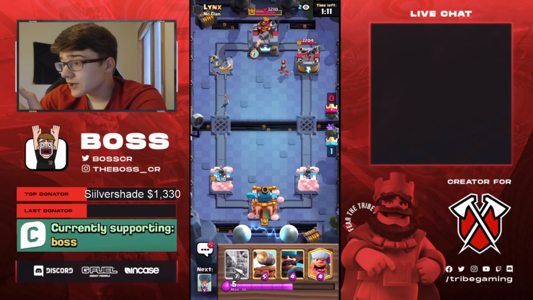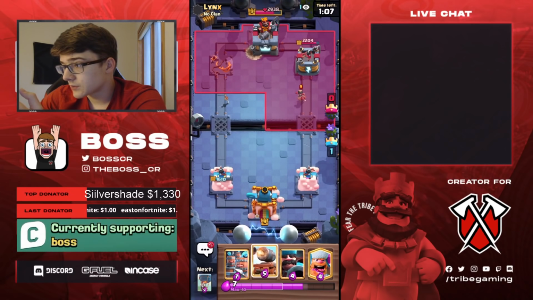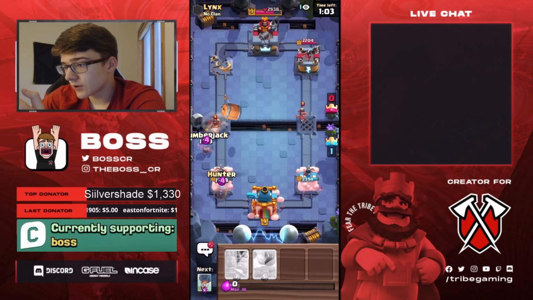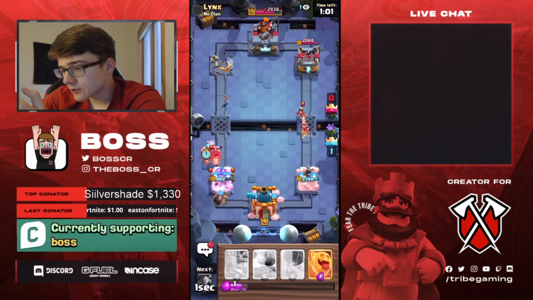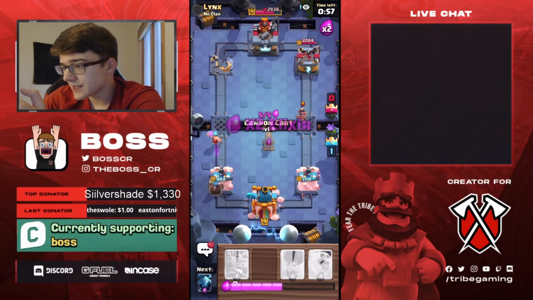Okay, we even get a connection on the King Tower. He's for sure going to go in for a push. There's a 100% chance he's going to go for a push right now. So here's what we want to do. We're going to Hunter the Goblin Barrel, and then just go for... Yeah, you can see the Hunter did a really nice job of taking out...